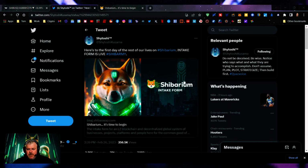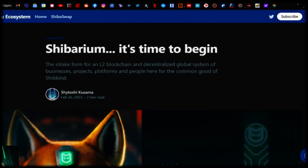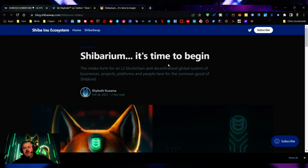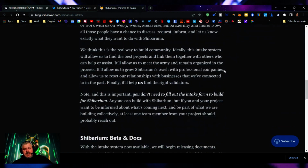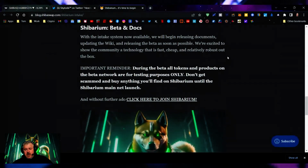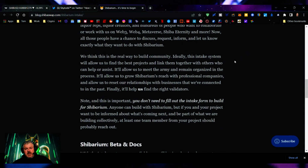The big announcement being Shibarium now has an intake form live. Now, what is that? The intake form for an L2 blockchain, a decentralized global system of business projects, platforms, and people here for the common good of SHIB kind. This post is short, but for those of you that are TLDR, here's a link to our new website and intake system. For those who want to know more, read on. This is just basically telling you right now that Shibarium is open for you to become part of the building